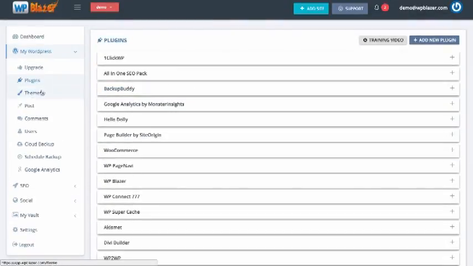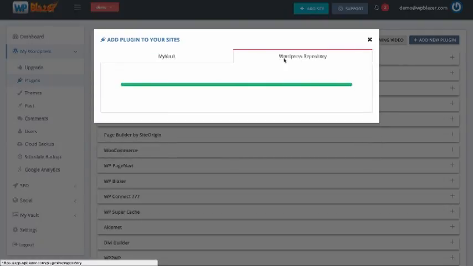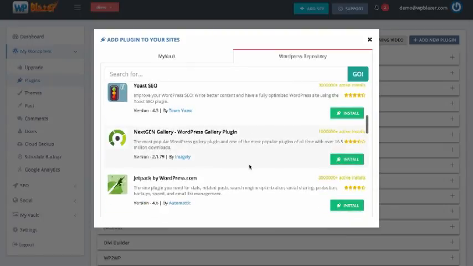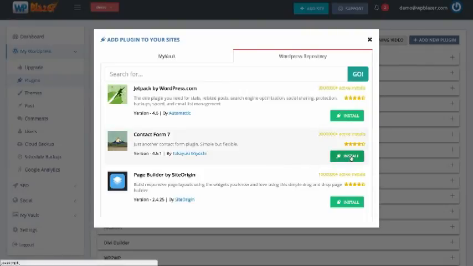And as you can imagine, it's the same thing with the themes. I can come in here and activate themes or deactivate them across multiple websites. If I wanted to go ahead and add a plugin, which is a big deal, across multiple websites, let's say that a new list building plugin came out and I wanted to install it on all 25 of my WordPress blogs. I can click on Add New Plugin at the top right. I can add a plugin from my vault, or I can browse the WordPress database and upload a plugin from here. So let's say, for example, I wanted to install the Contact Form 7, okay? I'm going to click on Install.